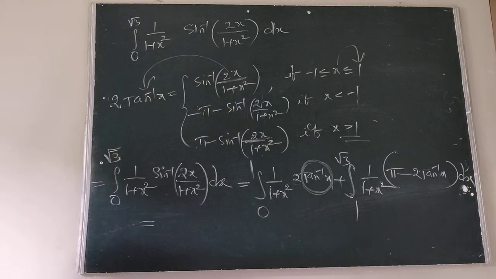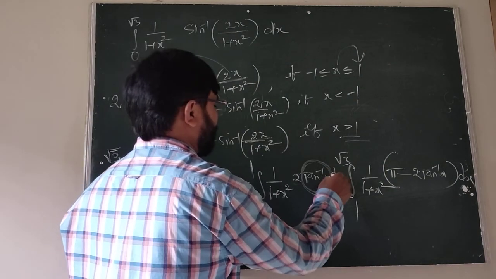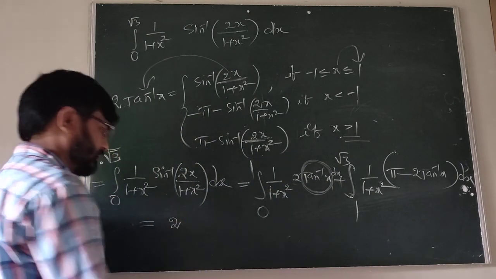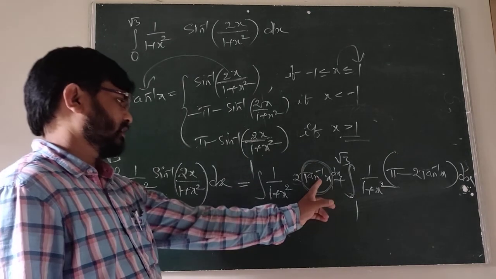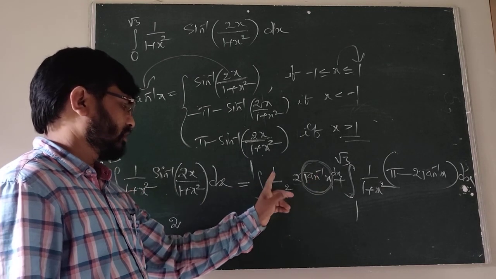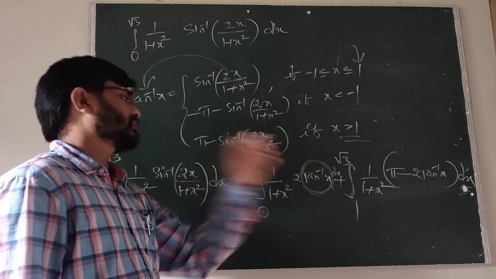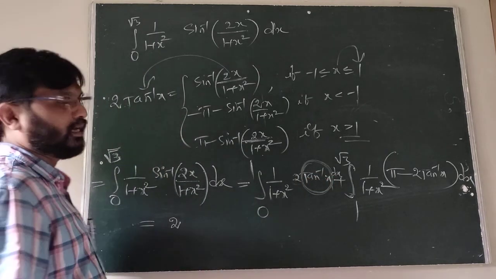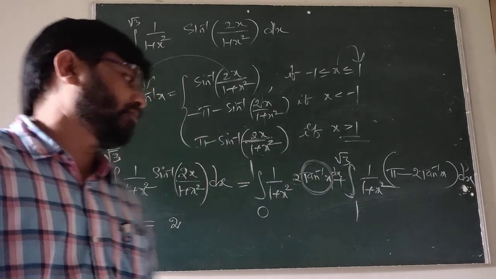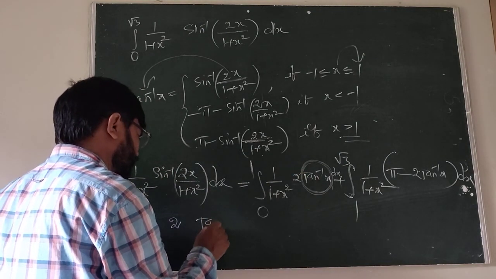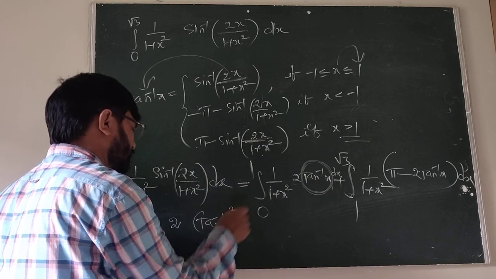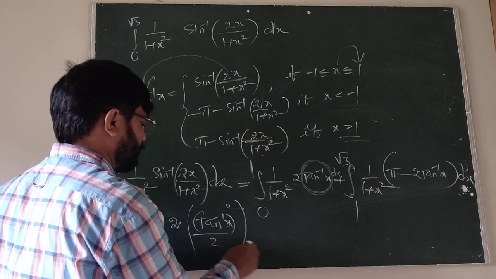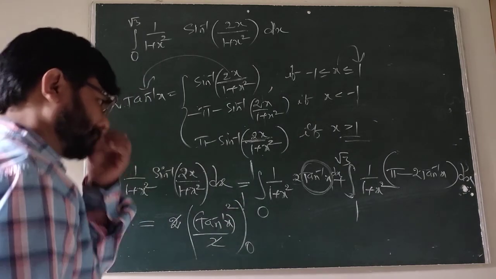Here, when we are taking tan inverse x as t, all of you listen here, first you can write the 2 outside. Tan inverse x is t, the derivative of tan inverse x is 1 by 1 plus x square, so dx becomes dt. Therefore, we got t dt. The integral of t dt is t square by 2, where t square is tan inverse of x whole square by 2. The limits are 0 to 1, where the 2 cancels.